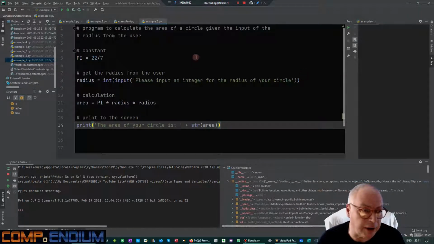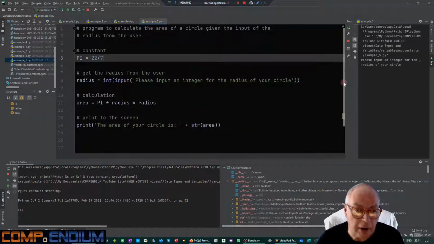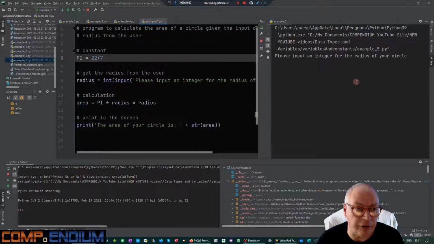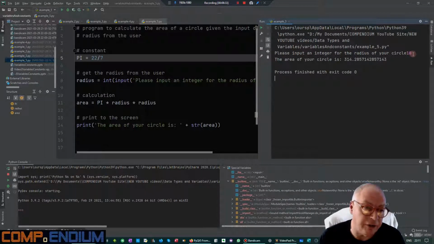So let's run this now. All right, let's do run. Let's just move this over. It says, please input an integer for the radius of a circle. Let's do 10, because that will be easy to see that we've got the right calculation. And it says the area of the circle is